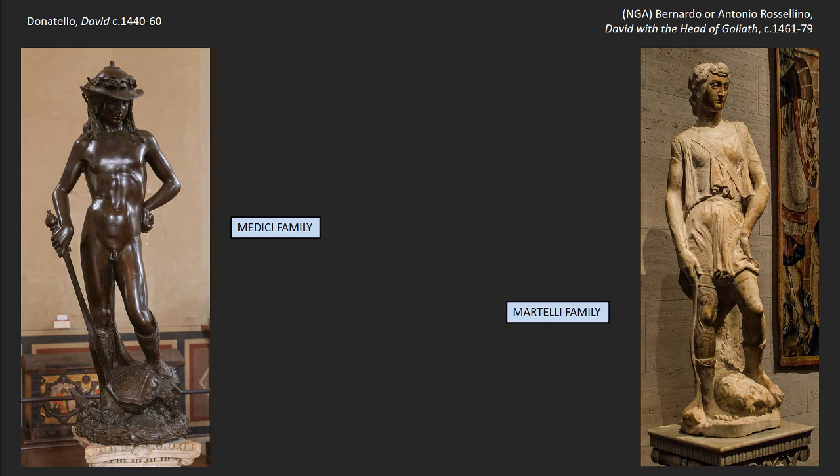But certainly the Martelli family commissioned this in homage to the one that was owned by the Medici family. And anybody that would have seen this in their palazzo would have realized this was a sign of their fidelity, of their connection. Because having such a connection to such a powerful family is a good thing. And it seems as if at many places in their careers or in their history, the Medici family asked for people to sort of display their